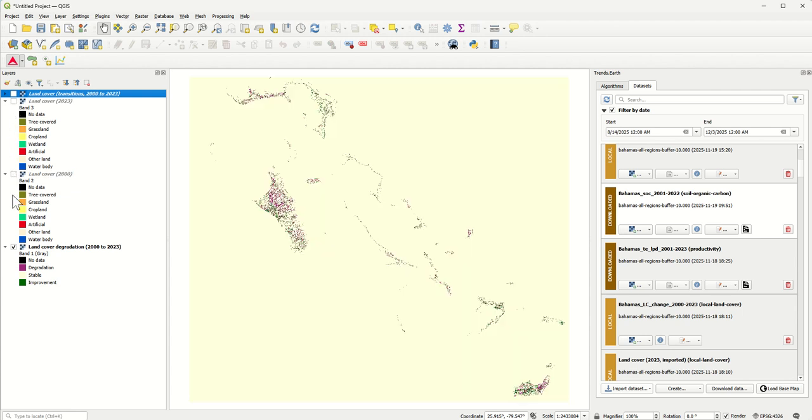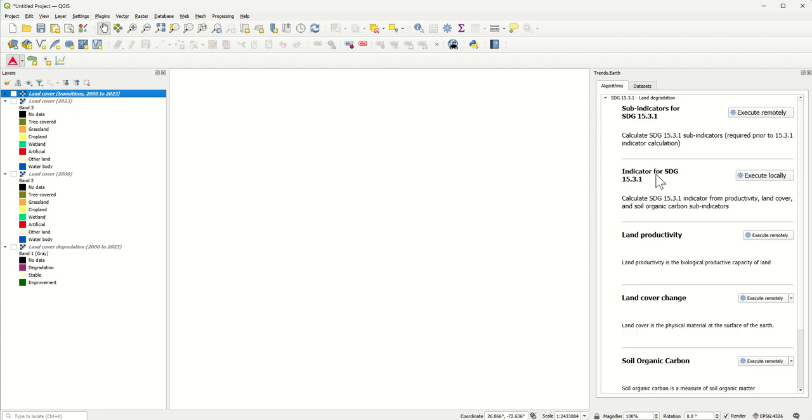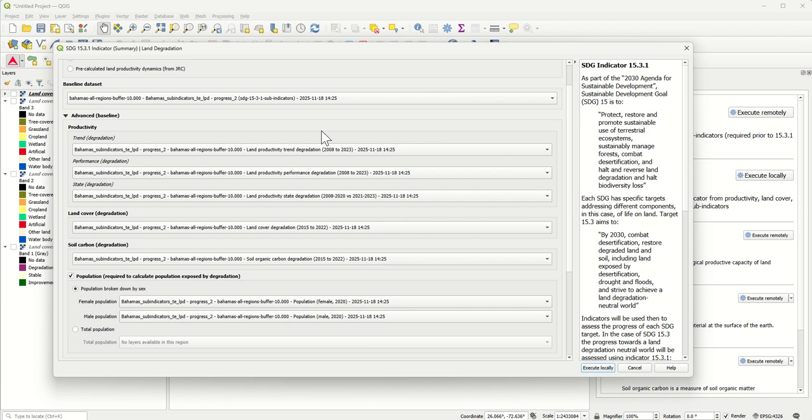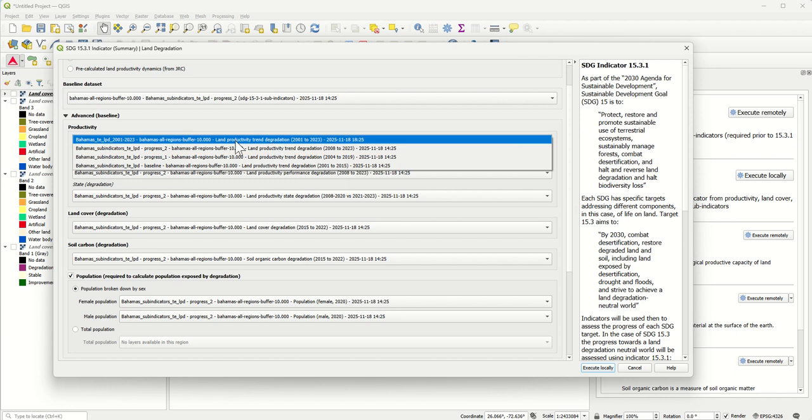Now what I'm going to do is run the SDG indicator 15.3.1 using the custom land cover layers that I just imported. Here I've previously run, for the exercise, the trend degradation and land productivity assessment, also from 2000 to 2023.